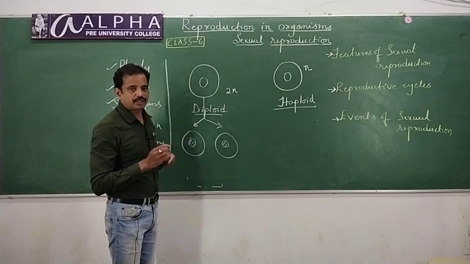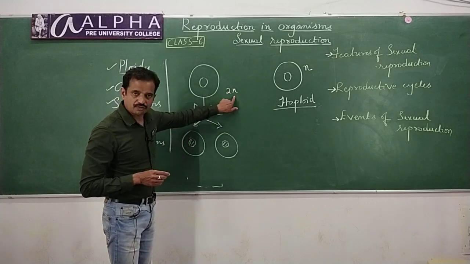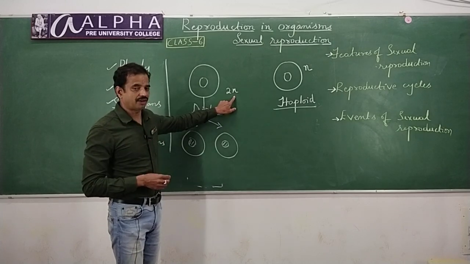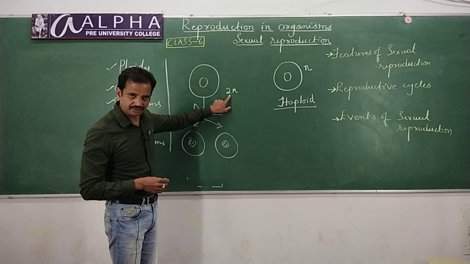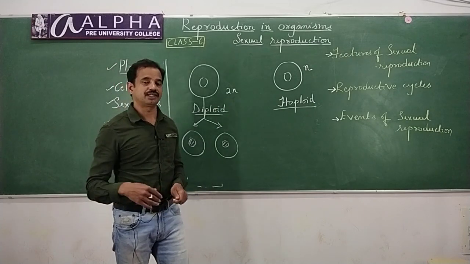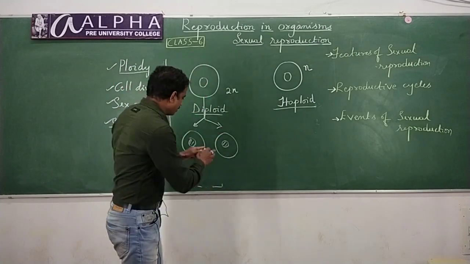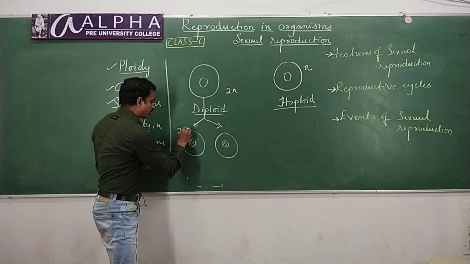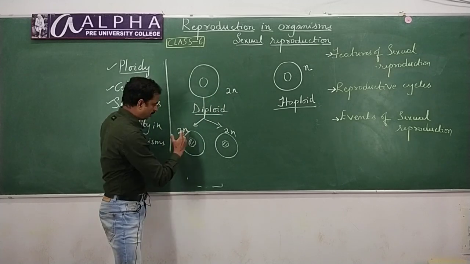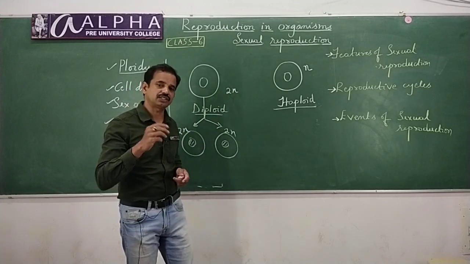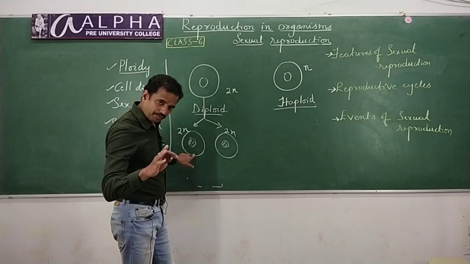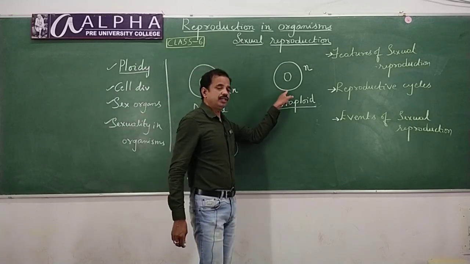So, here usually what happens, if 2 sets of chromosomes are there in a mother cell, before the process of division, you have studied that, these chromosomes will undergo duplication, that is replication, and the chromosomes are equally distributed among daughter cells. Okay? Here 2 sets of chromosomes are there, even daughter cells too have 2 sets of chromosomes. So, a diploid cell has given rise to 2 diploid daughter cells,